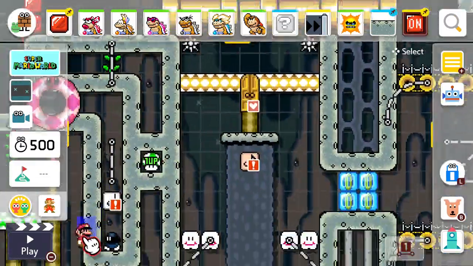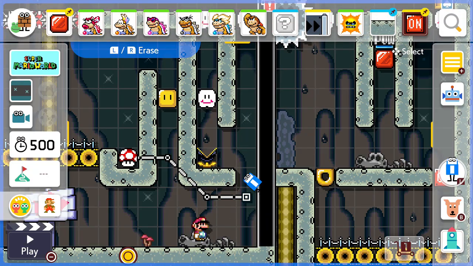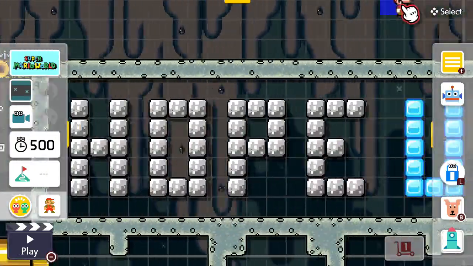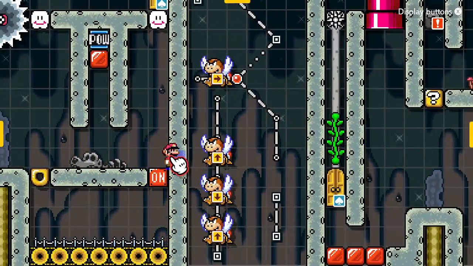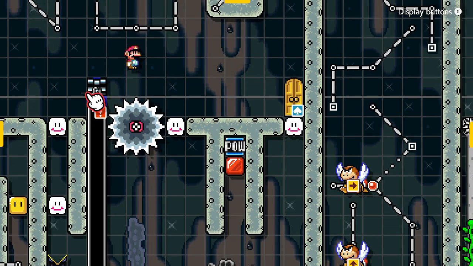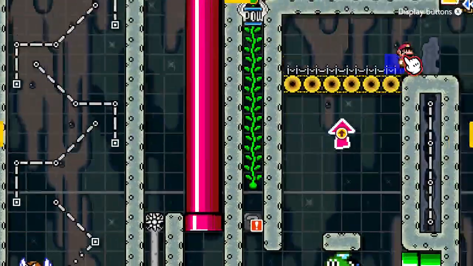However, if this block at the very beginning is gone, then there's actually this launcher that would spawn and spit out bombs, and as you can see, this on off switch right here is also hittable from the top, so the bombs that will come out of this launcher will walk along here and hit this on off switch,